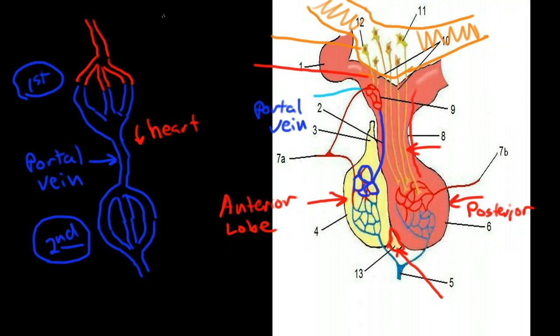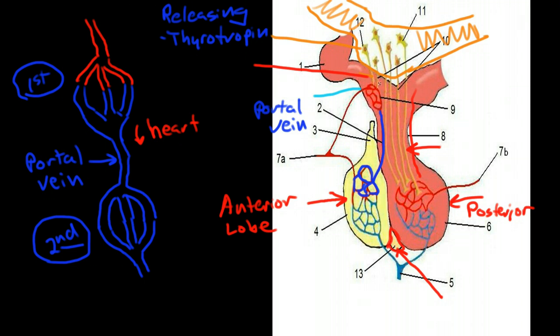And particularly, it's releasing what are called releasing hormones. And these releasing hormones are things like thyrotropin, gonadotropin releasing hormone, and corticotropin releasing hormone. So these are hormones that direct the pituitary to release other hormones. Okay, so these releasing hormones